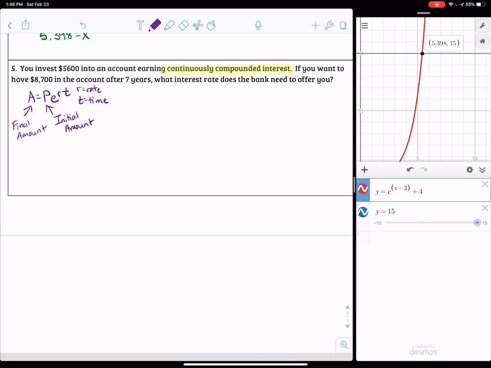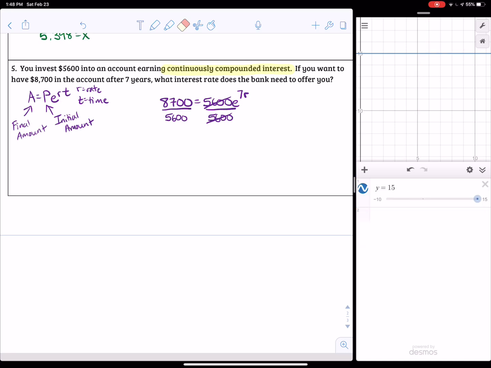All right, so let's fill in what we know. We know we want to get $8,700 eventually, so that's our final amount. $5,600 was our initial amount. We're looking for the rate, so let's just put the e, and then 7 years is time, so I'm going to put 7r for the exponent. And then we can solve it. I'm going to solve it 2 different ways. So I'm going to solve it by hand, and then I'm going to show you how to do it in the calculator. So by hand, we could divide by 5,600 first to get the exponential expression by itself,